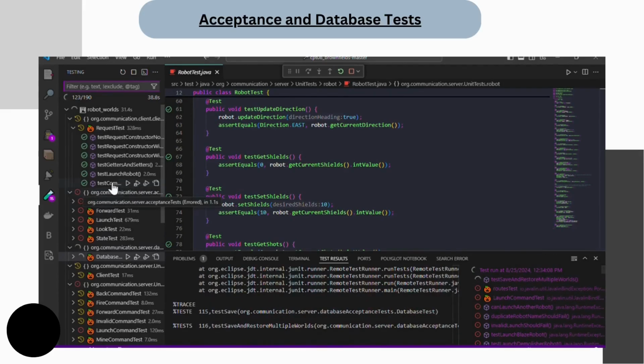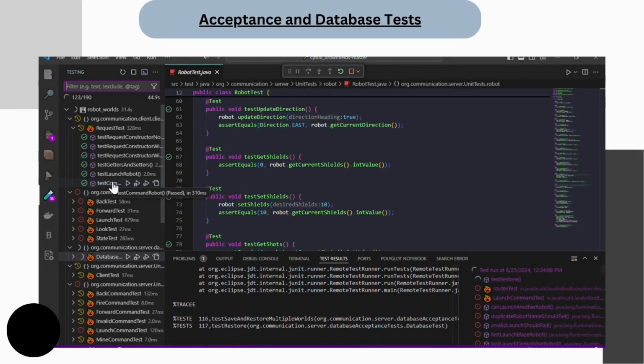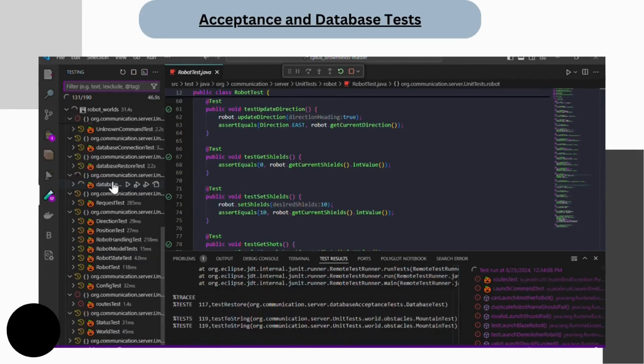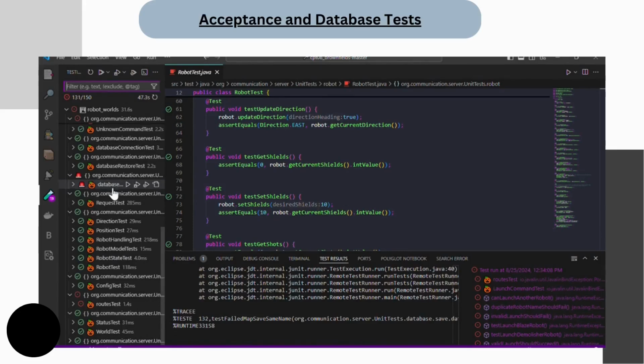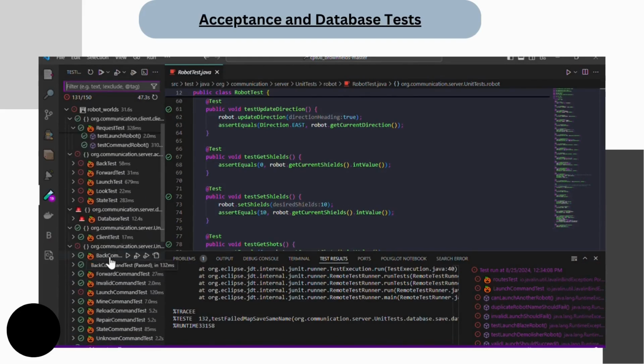So as you can see now, it's still loading, but you're going to see it soon. So now I'm running the database tests to show you that they're actually passing. And look at this, they actually pass. Great. So moving on,